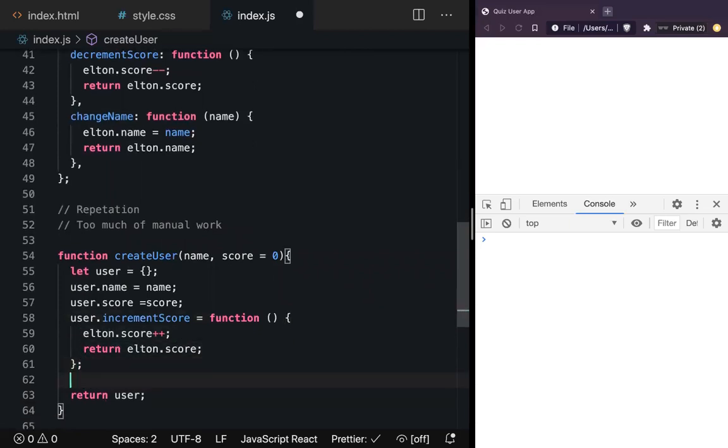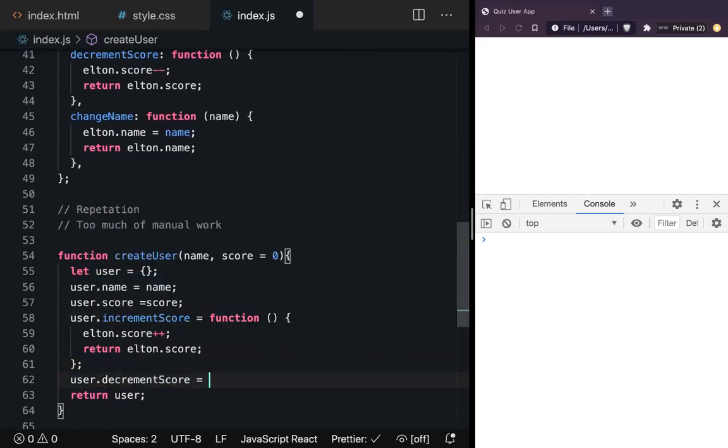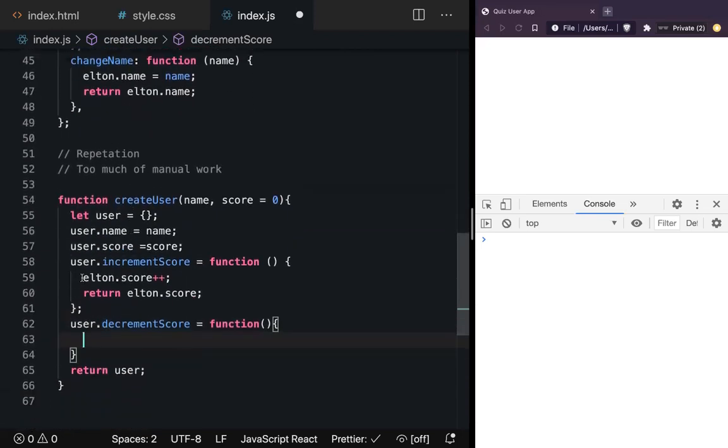Similarly, we need another one called user.decrementScore, and that is also going to be a function. And that function is just going to say something like this. Let's copy it and change this.